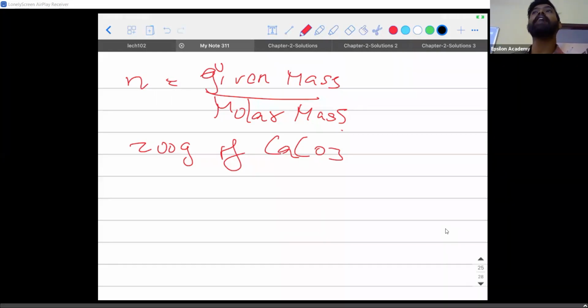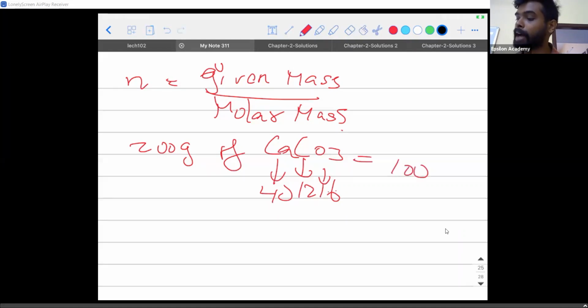So anyways, you have to know the atomic masses of all the elements present. If you don't know that, you'll not be able to do the simplest of things. Calcium's atomic mass is 40, carbon is 12, oxygen is 16. So you have to calculate 40 plus 12 plus 16 into 3, and you will find that the molecular mass of calcium carbonate is 100. Now use this formula: the given mass is given in the question, that is 200 divided by 100, which is